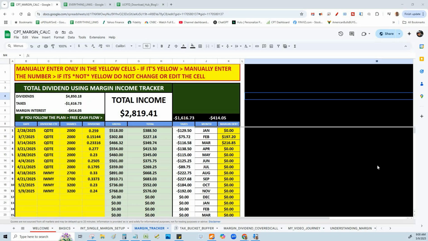Now, we understand that when we're on margin, if we don't give ourselves a margin buffer or enough non-margin buying power, we could actually get a margin call. And if we don't bring more collateral to the table, your brokerage will sell equal amounts of all your holdings to equal the collateral they need. So it's very important to have non-margin buying power or a margin buffer.